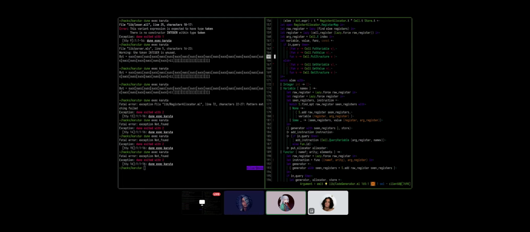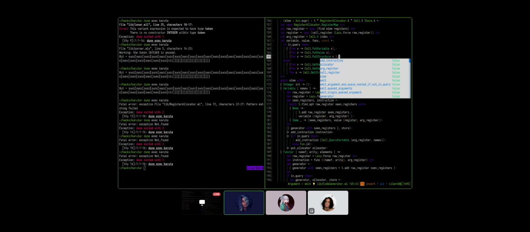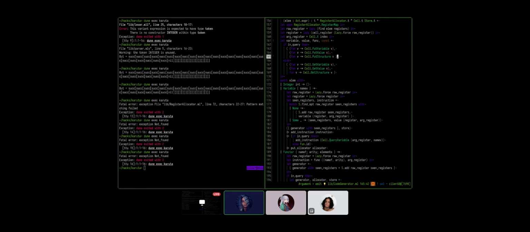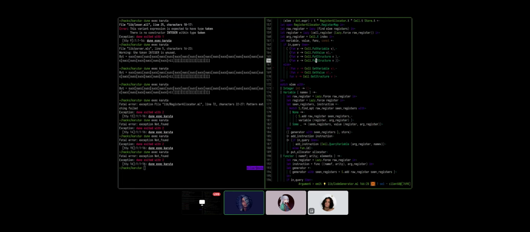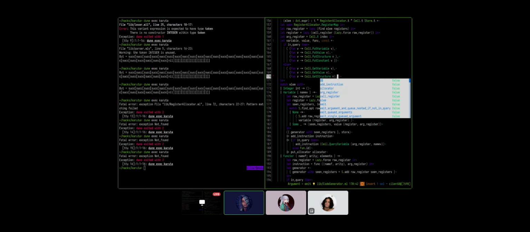Okay, this is mildly annoying. We need to add a layer of parentheses here. Yeah, I will fix this. There is a PPX that does this nonsense of the tags, the constructors being constants. Somebody just needs to do it.